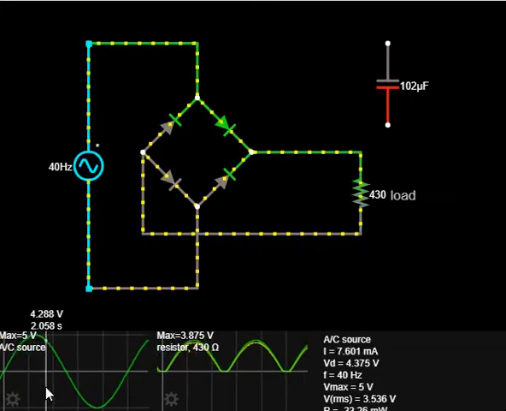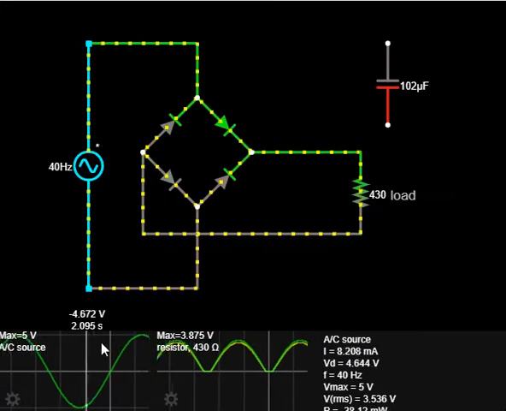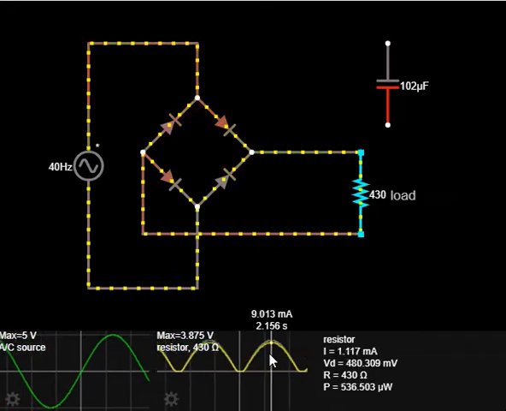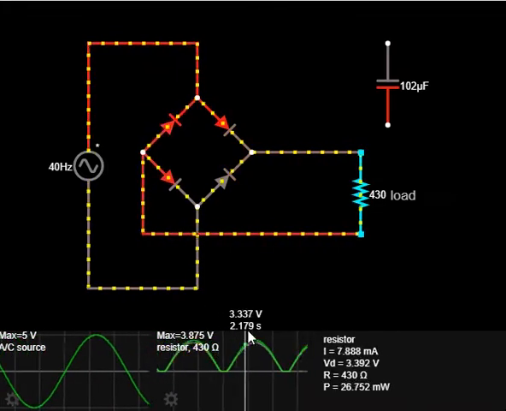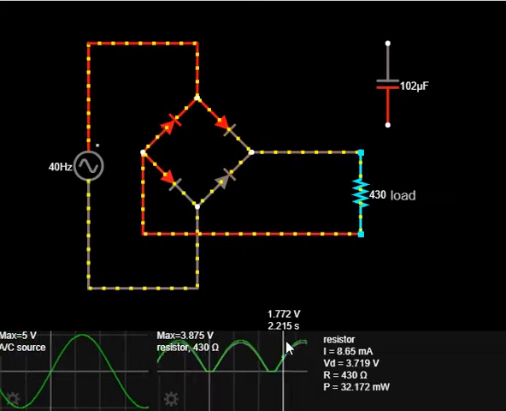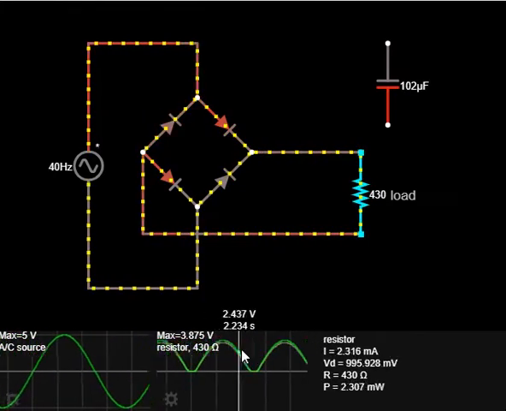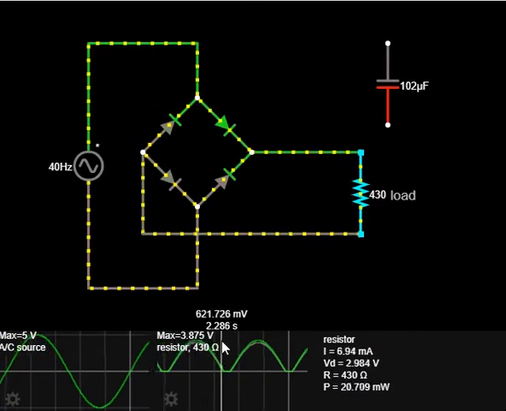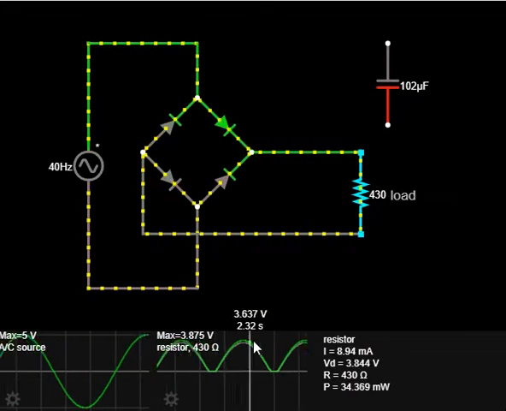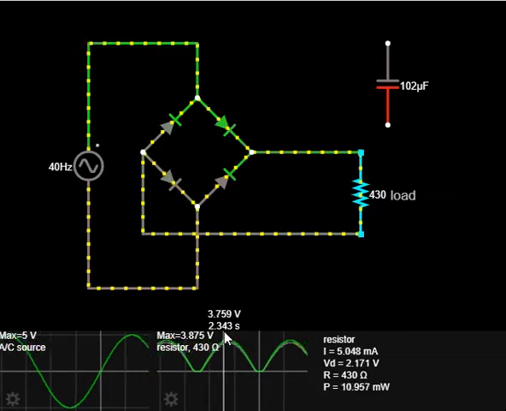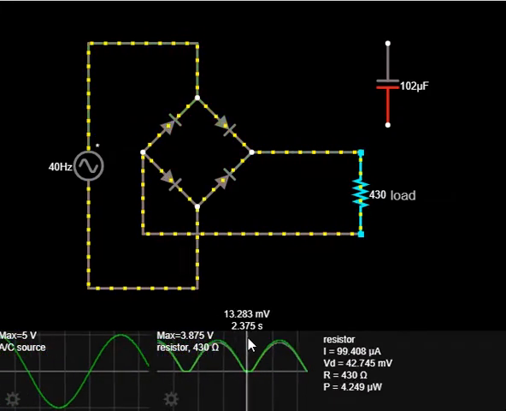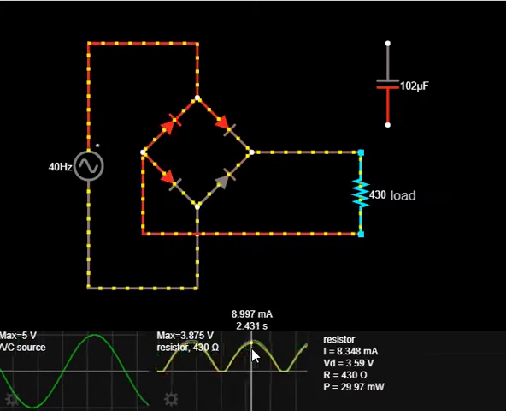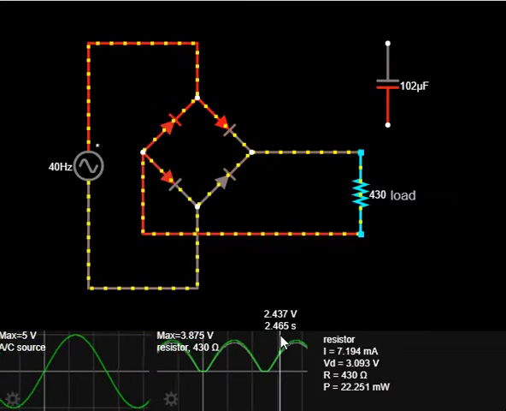So you can see here this is the input AC signal and this is the output signal. In the output you can see that one positive cycle and one negative cycle are becoming positive voltage, but there is a gap here. You can see here up to here this is the voltage level, but here and here this is the voltage gap. It is because there is no capacitor at the output. If we connect the capacitor at the output, this gap will be flattened.